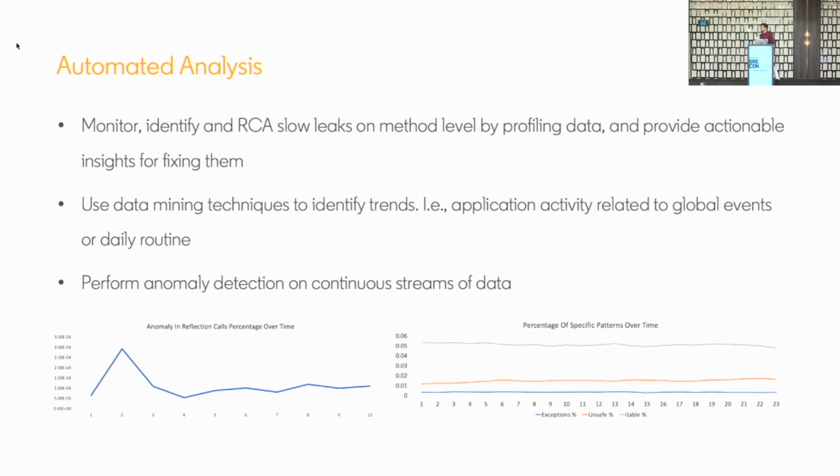The second graph is even more interesting. The CPU spent in exception handling, doing unsafe calls, and resolving implementation from the interface tables in Java. And what we realized was, unless the traffic that is being sent to the service is 0 and 1 kind of difference, all the other places we see a consistent time being spent upon CPU doing the same stuff, exception handling, unsafe calls, or interface resolutions. No change all across the day unless there is a deployment or the service is out of rotation right now.